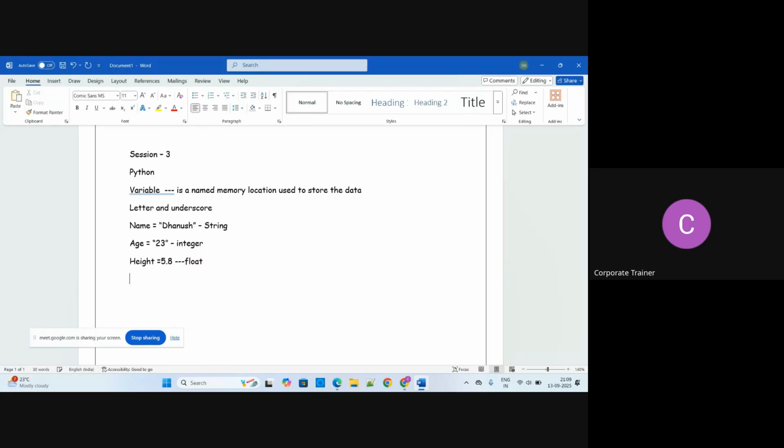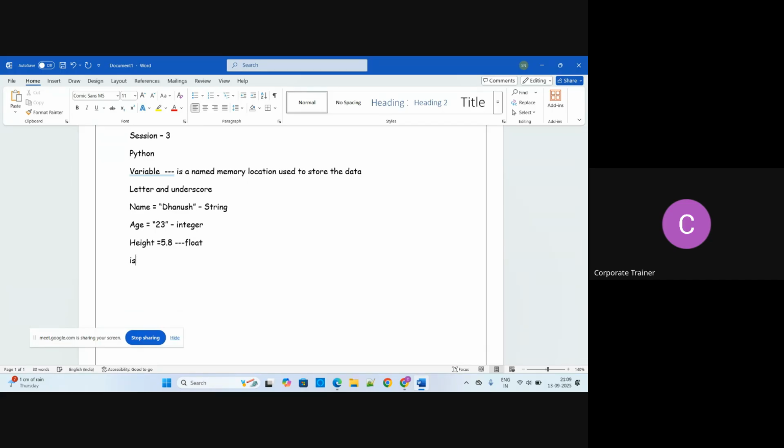Next, I'm defining that whatever info I define is purely true. So I'm writing that Dhanush is right now a student. Is student is equal to a true value.